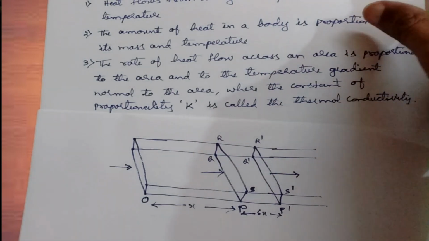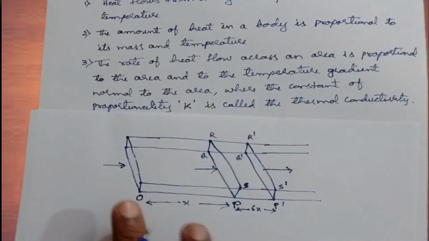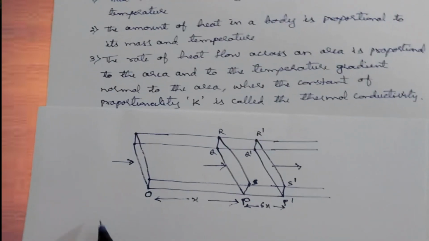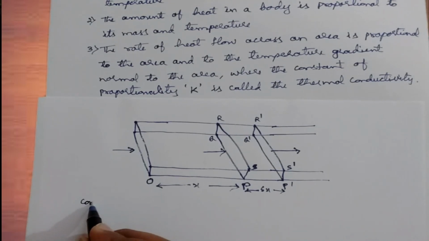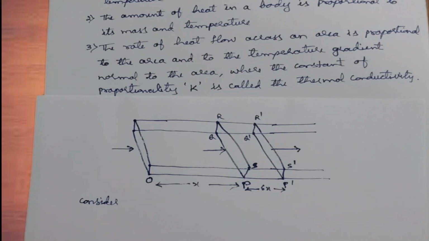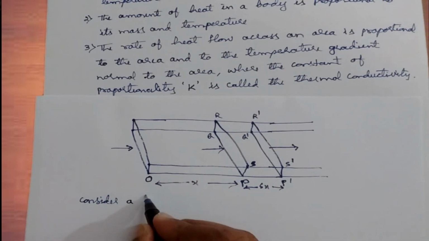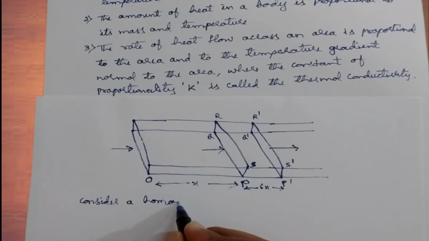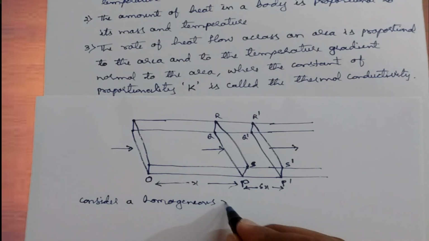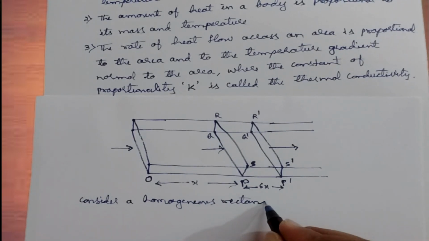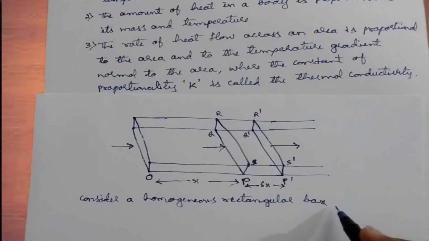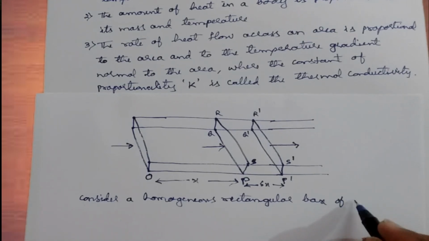Now let us consider this bar, and this bar is a homogeneous bar. It's a uniform rectangular bar that I am taking. So you can simultaneously take down the notes. That's the reason why I'm writing down in the form of statements. So consider a homogeneous rectangular bar. I am taking the cross-sectional area of